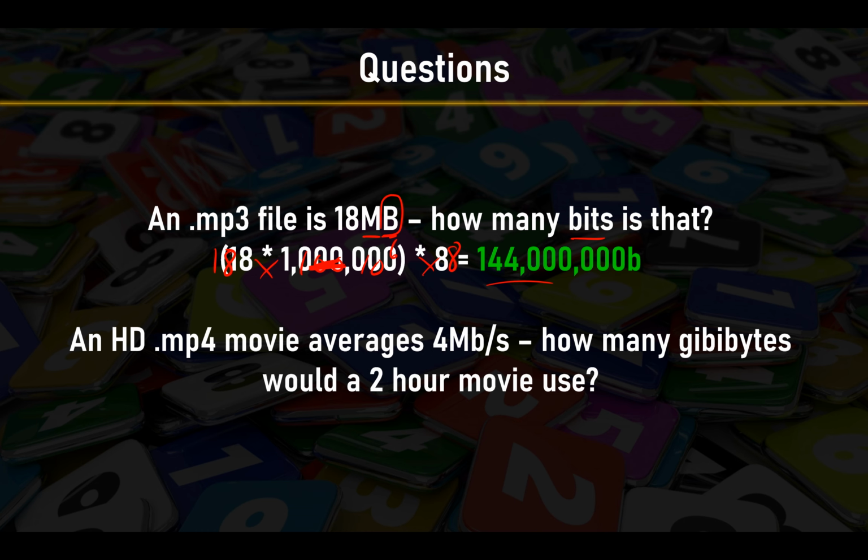Let's try the next one. An HD MP4 movie averages 4 megabits per second. How many gigabytes would a 2-hour movie use? So here you want to think, 4 megabits per second. What I'm thinking is we convert into bits, and then we can divide by 8, and also Gibi is going to be 2 to the power of 30. So I'm going to calculate the number of bits for